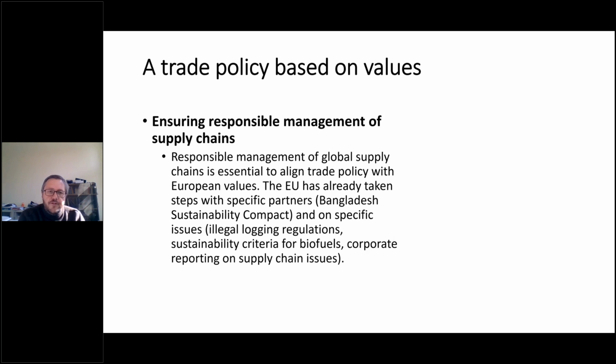Third element is making sure that there is a responsible management of supply chains or value chains. And that's what we link to what we introduced at the beginning of the course, is that trade and the global economy is increasingly characterized by the fact that it's taking place through global value chains. And these global value chains can be used in one way or another to try to put pressure downward in the value chain on producers in non-EU countries to comply with a whole set of